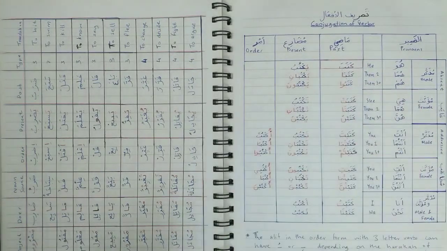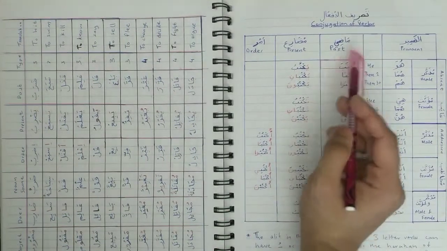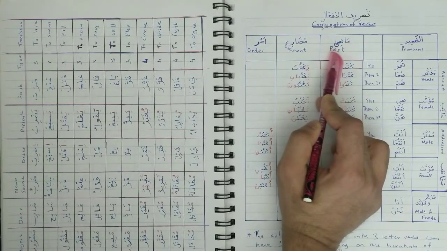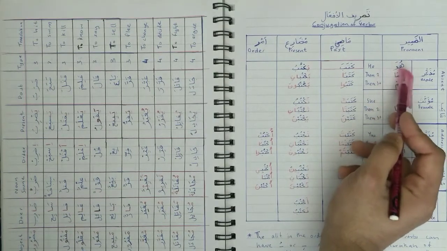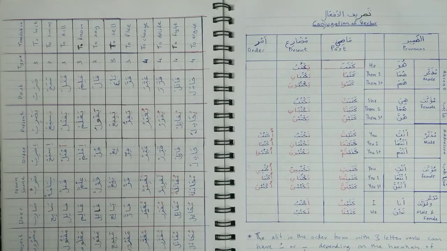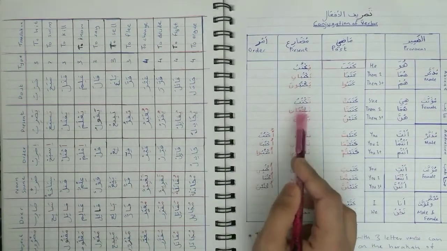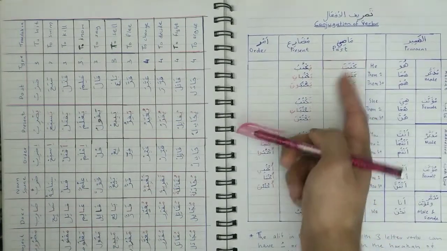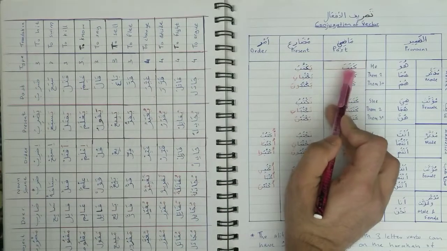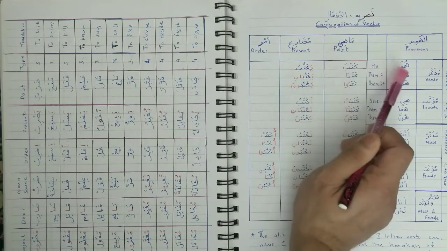Okay, so the original default format of a verb is always in its past tense and singular male. Okay, just take this rule the way it is. So whenever someone is saying what is the root word or root verb of this particular verb, such as over here, you then go back to this original source, which is why I have highlighted it in red, which is kataba. Okay, this is the unchanged version of the verb when it's in its default position, which is in the past tense, singular male,